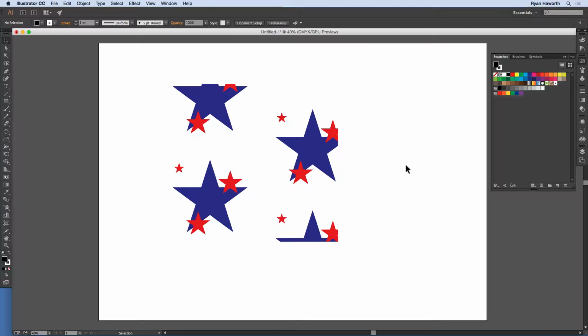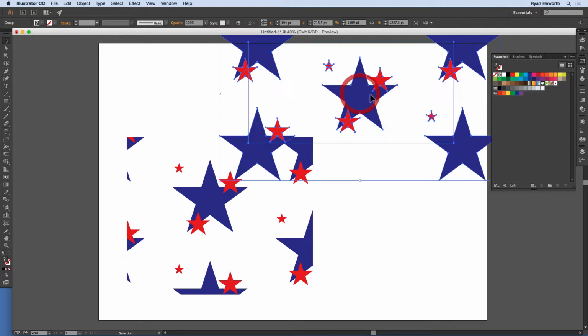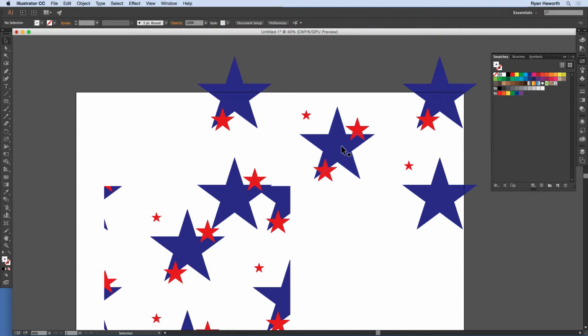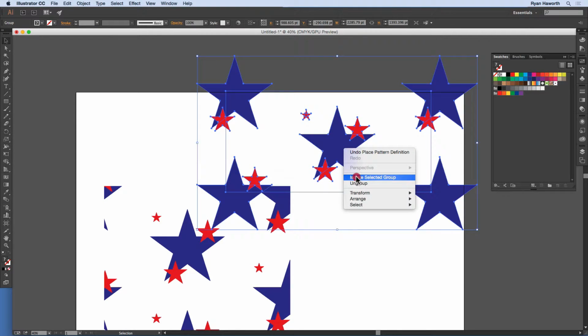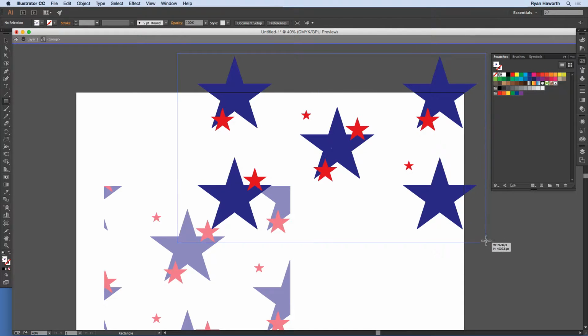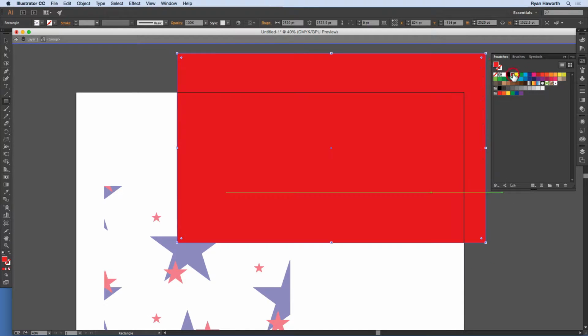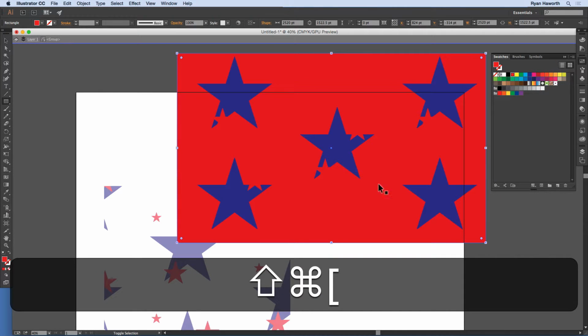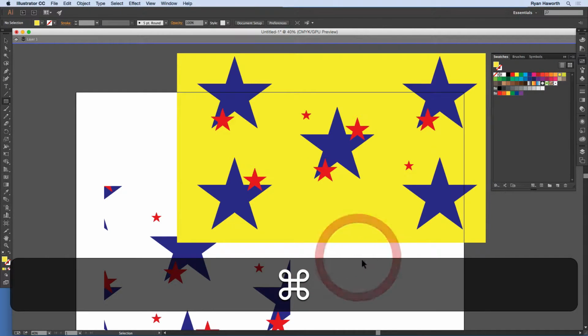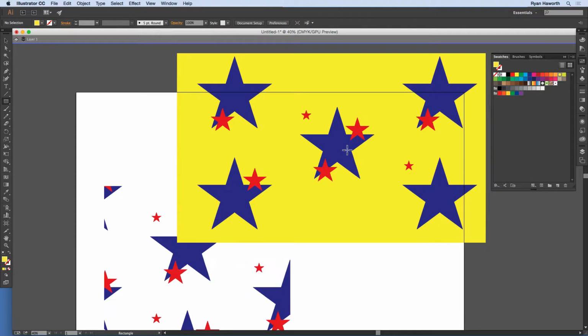Now if you want to have a background color in your pattern itself, well, that's easy. Just go to your pattern creator, enter isolation mode, get your pattern, or that filled. Okay, so let's move this rectangle. That's probably a bad color with these. There we go. All right, and so exit out of that and then drag